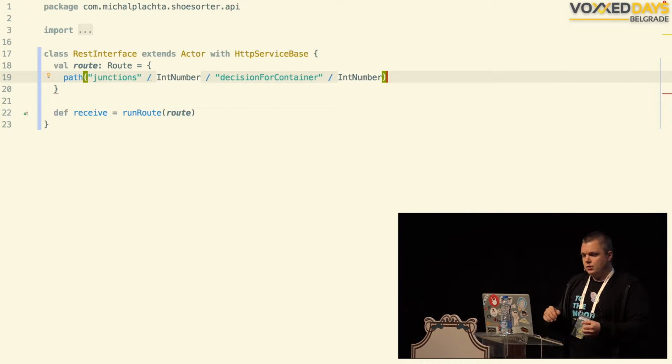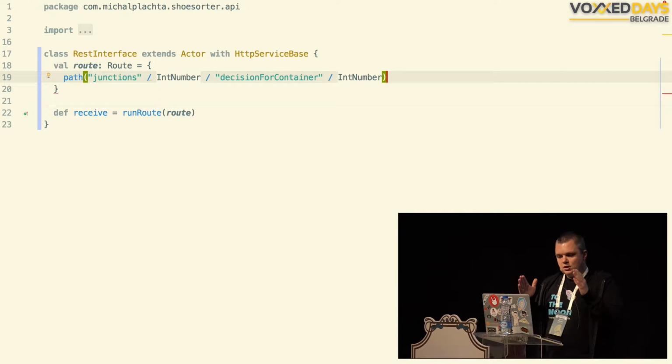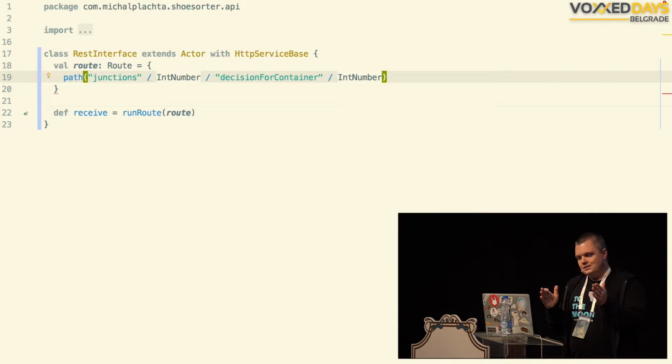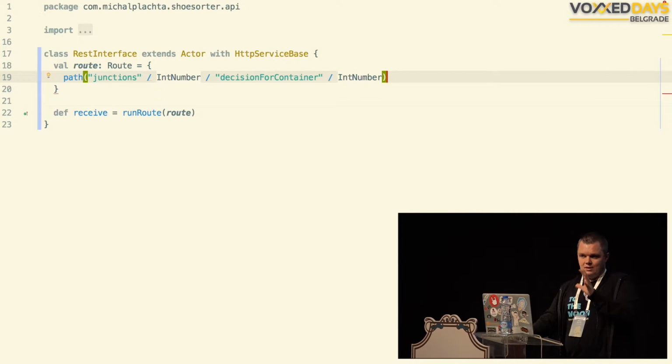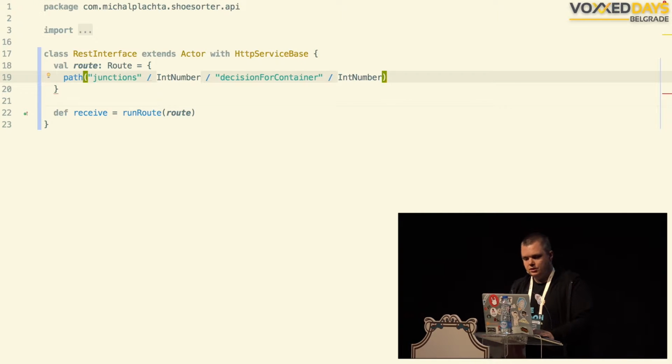Then it goes through the directives in our route. So the first directive it meets is path directive, right? So what this path directive does, it just checks whether the HTTP request has been sent to the right endpoint. In this case, we want it to be sent to junctions / some int number / decision for container / some other int number, okay? And if it does, it goes inside our block of code here. If it doesn't, it just gets rejected.